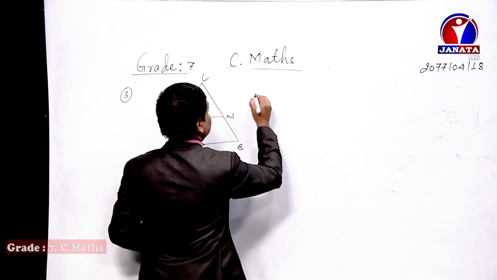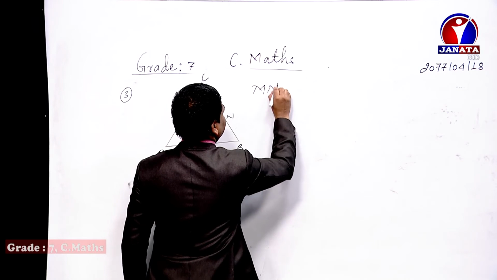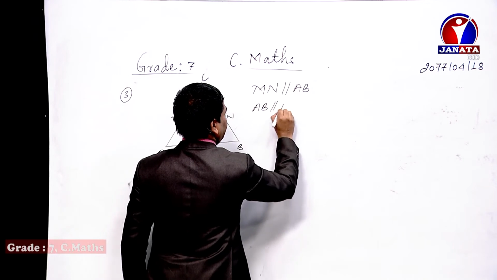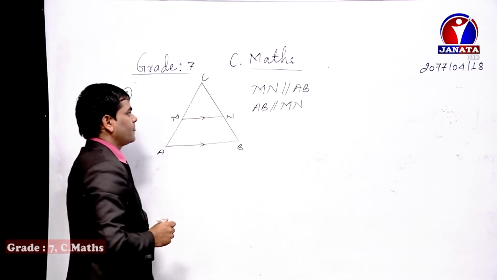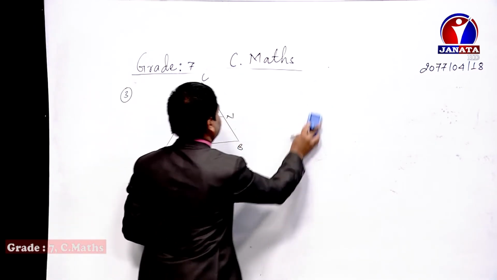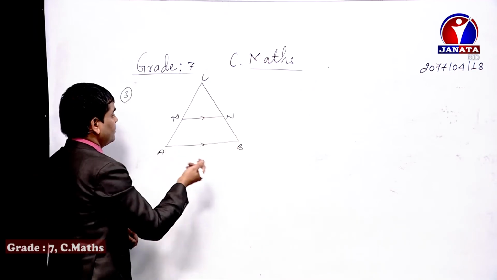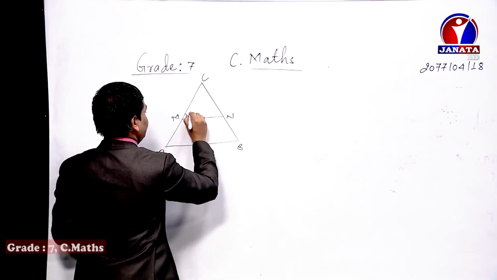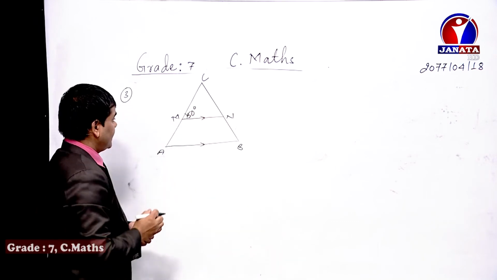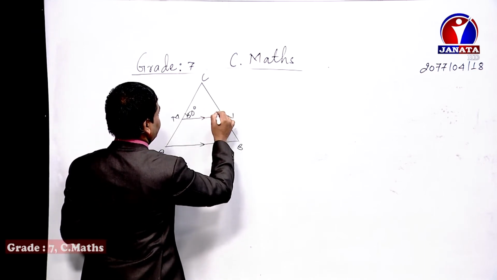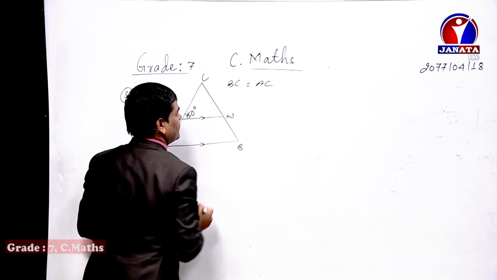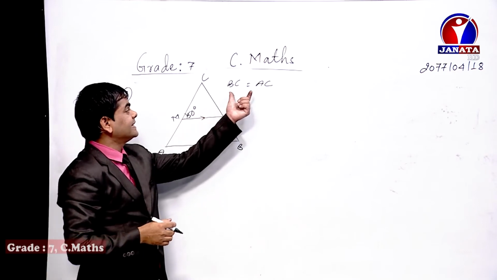When you write this in symbolic form, you need to write MN parallel to AB, or you can write AB parallel to MN. These are vice versa cases. Whether you write this one or this one, it doesn't matter. It represents the same statement. Now I'm going to keep here 50 degree. The angle CMN is 50 degree, and then I'm going to prepare altogether BC equals AC. The statement in the question, for example, is given as BC equals AC.